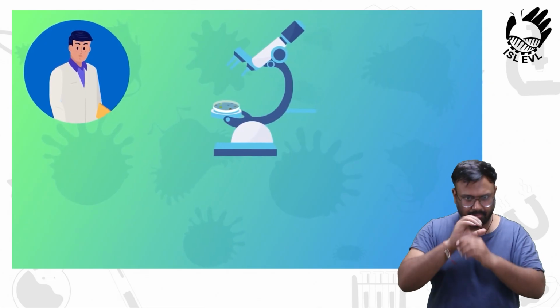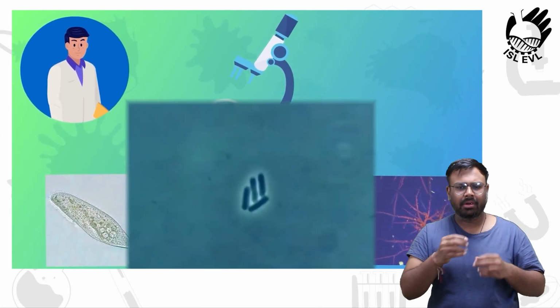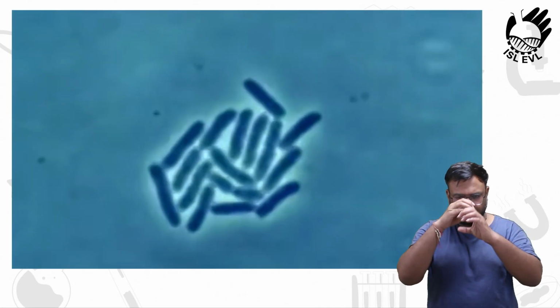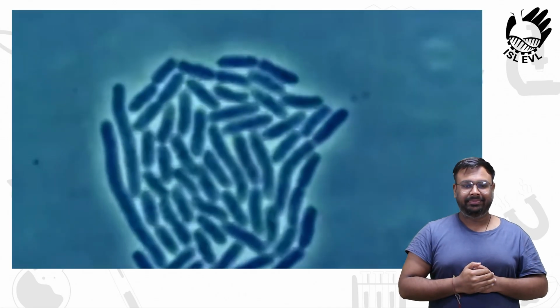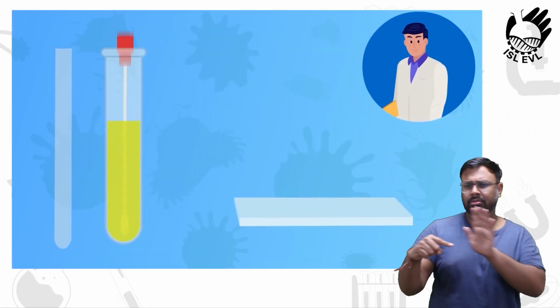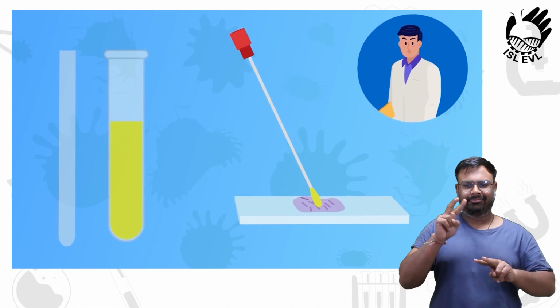After colony morphological characterization, we go for microscopic observation to study the cell morphology characterization such as cell shape, size, motility. For this, we use a light microscope. Then comes Gram staining, which was developed by Hans Christian Gram, and it is used to differentiate between gram-positive and